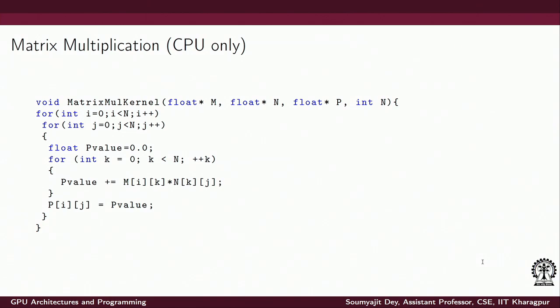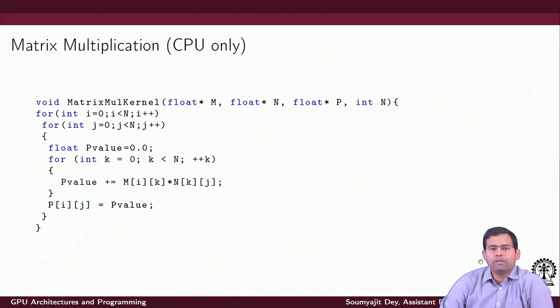Hi. So, after the last lecture, today we will be reviewing a few more examples of CUDA program writing. We will start with simple CPU only programs and also show how the corresponding CUDA variant of the program, which will run on a GPU, can be written. We will have some very simple examples. For example, we will start with a basic matrix multiplication program.